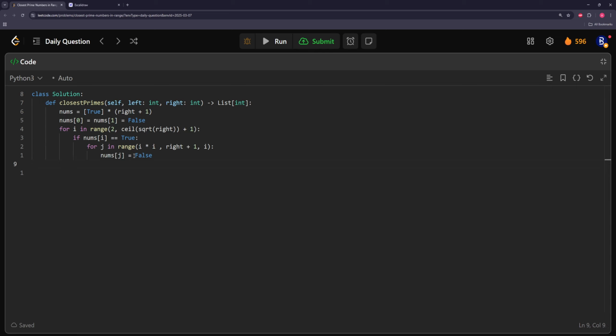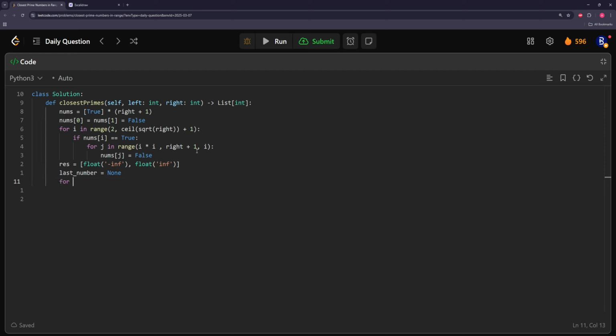Right, so now we have this array. This array is just going to mark true or false for every single number. Now we just need to loop through left and right and get the best result. So we're going to say result equals, we'll just make the numbers really big just so the difference is really big. So we'll say the left is this and the right is this. And we're going to keep track of the last number, and we'll store this as none. Last number that we've seen so far. Because we might have prime numbers and a bunch of non-prime numbers, a bunch of composite numbers,